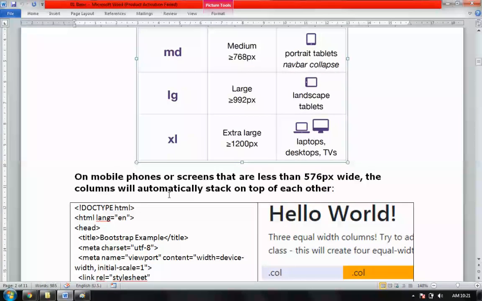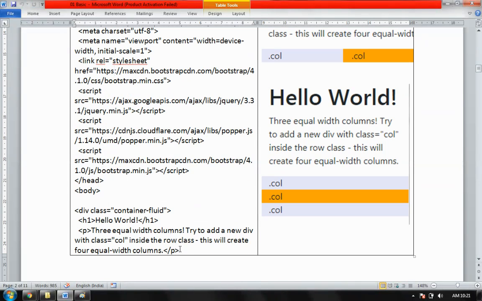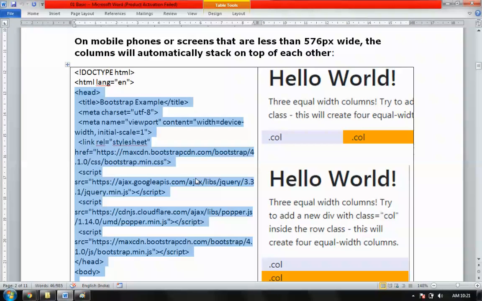Now what happens? See, I write code here. I write only the code here, and my part is to write the code. So I'll be getting this code and writing it. This is the Bootstrap code.